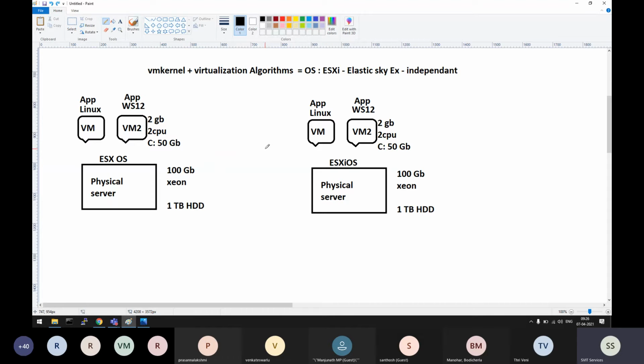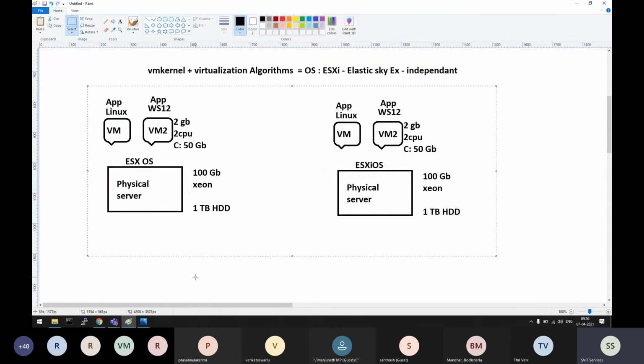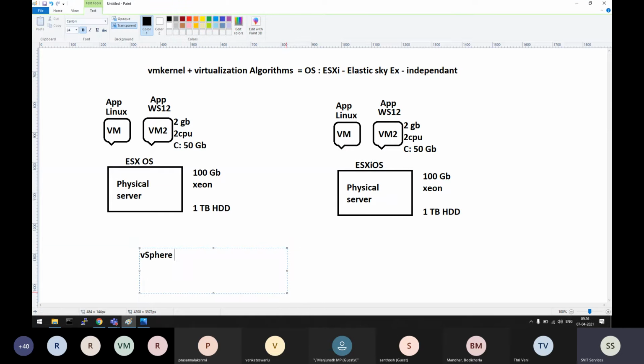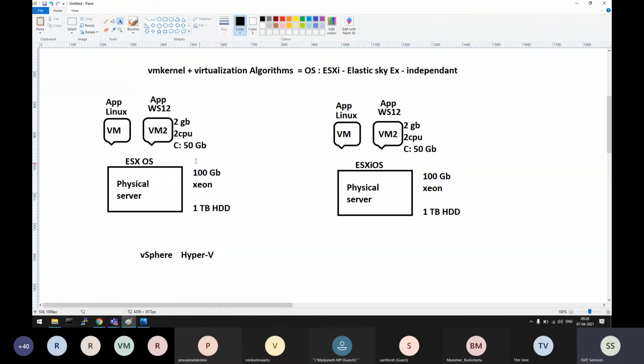Then why two options? It's like people got confused, like you are coming to me and asking, I want to enter into IT and I want to learn some course related to cloud computing, whatever it is. I'll be giving just two options. One is, let's say, vSphere, and another competitor product is Hyper-V. This is also similar technology from Microsoft. Two different technologies, but similar.